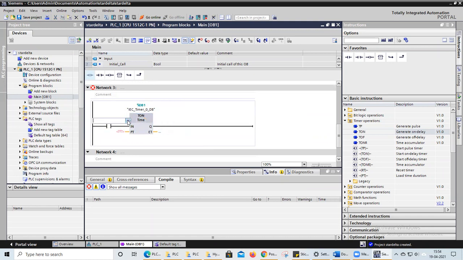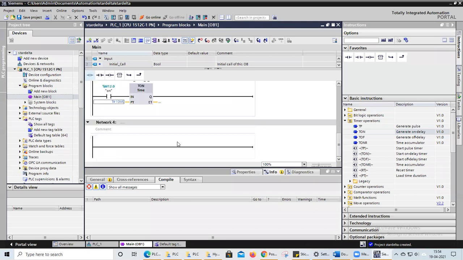Now this should be on my on circuit. When the circuit is on, the timer should function. Otherwise, there is no need for a timer. Give some preset value. We thought to give 10 seconds as our preset value. Give 10 and double click here. It will automatically take T as 10 seconds. Before 10 seconds, it should be working in star connection. After 10 seconds, it has to convert from star to delta.